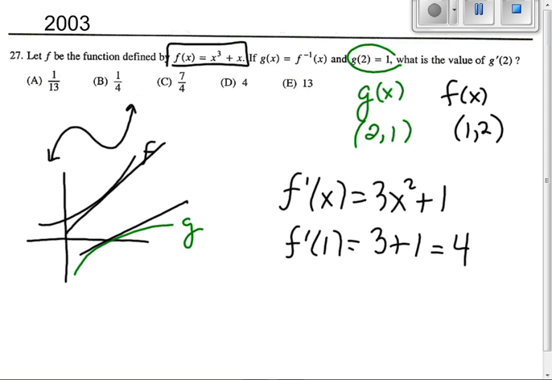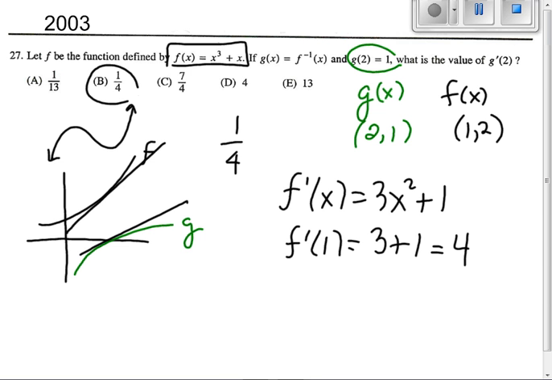If you just look at the graph, you can see they're not the same. They are reciprocal. So what's the reciprocal of 4? 1/4. If you substitute in 2, girls, you're going to get 1/13. So they're going to give you the wrong answer as a choice. And unfortunately, they give it to you as your first choice. When you take the multiple choice part of the exam, look through all the answers. There's 1/4. There's 1/13. Because sometimes they put the distractors in A,